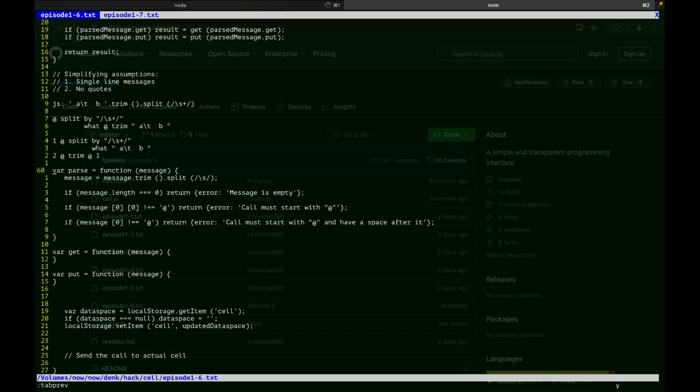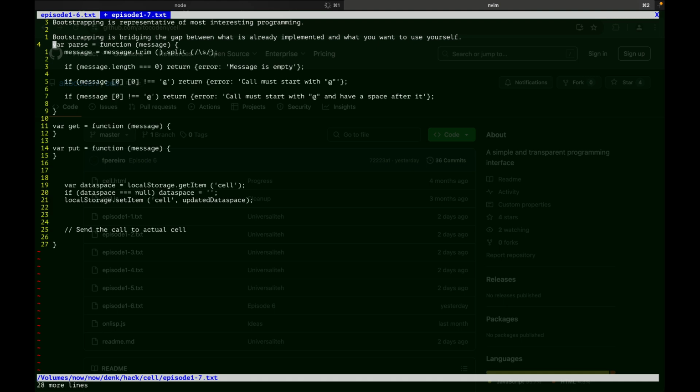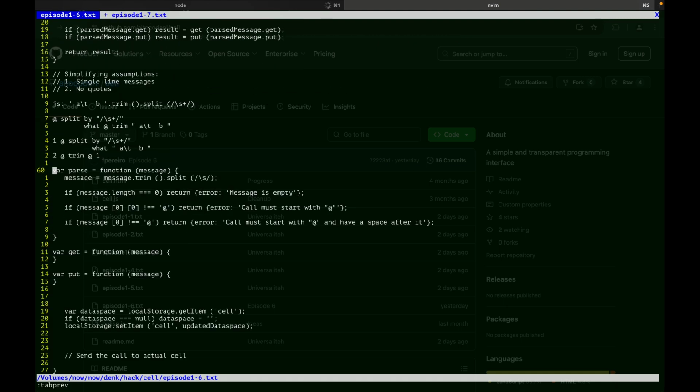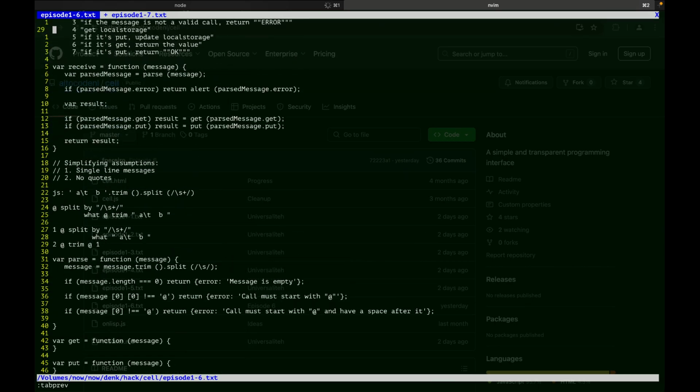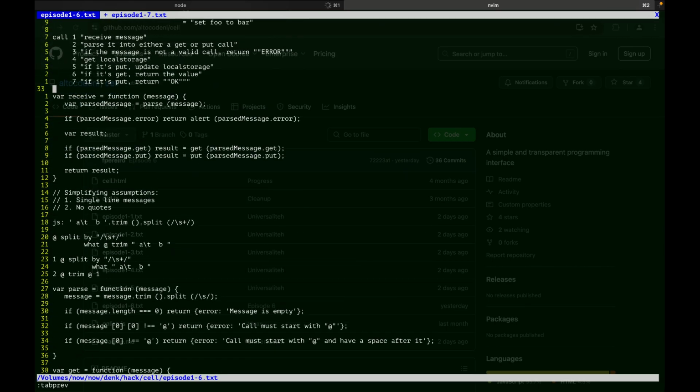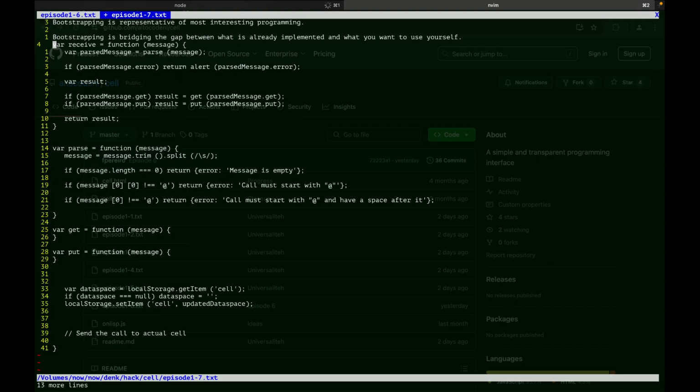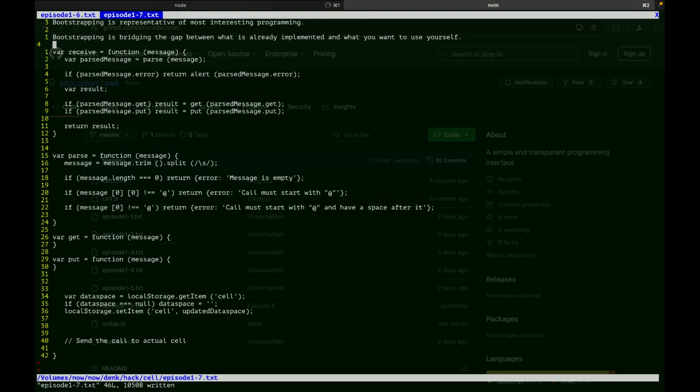JavaScript. So I'm just going to copy the work in progress implementation I had yesterday of this set of functions in JavaScript that are going to bootstrap Cell. By the way, Cell is going to live in the web browser, at least at the beginning. So if you don't like JavaScript, you're probably not going to like this. But maybe you can find some interest in the way that I'm doing things.